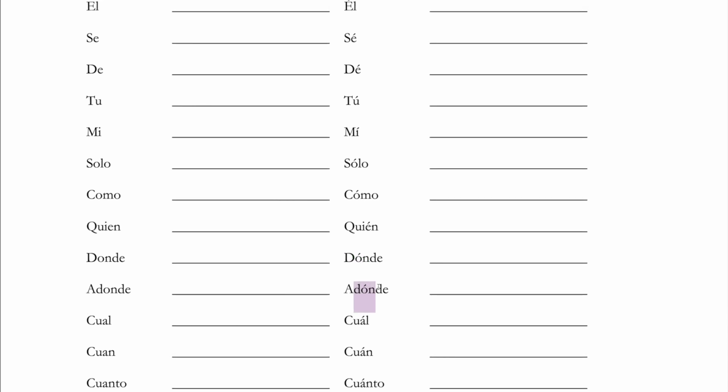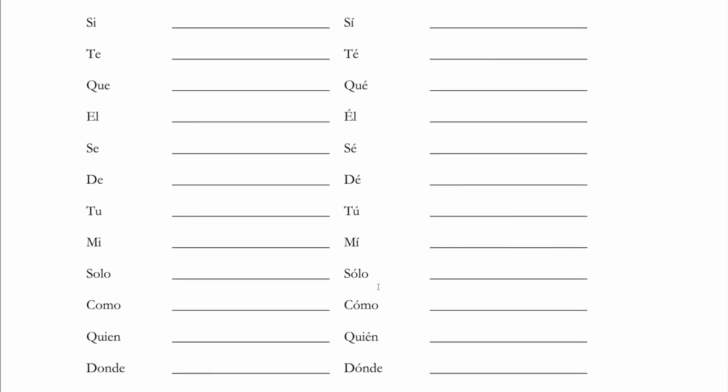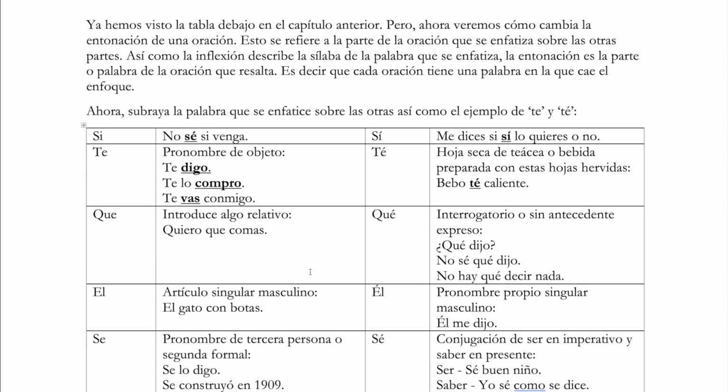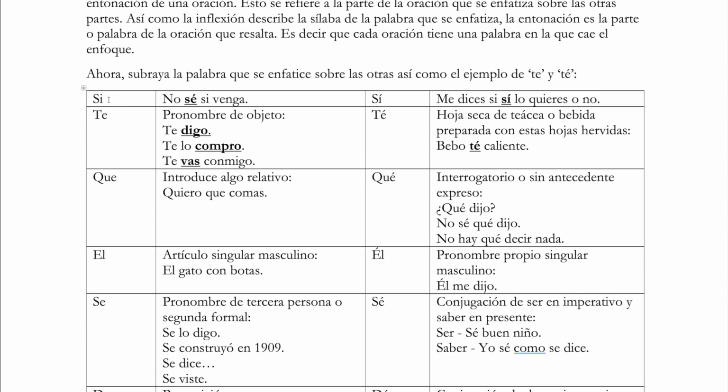Why is it marked? And yes, the simple answer, many people will say, well, they mean different things. For example, this one will mean if, this one will mean yes. And that is true. This will be a preposition, and this will be a verb. That is true, but it's not just that. The reason why is within the sentence, we put a stress mark on these words because we emphasize these words, as opposed to these, we do not emphasize these words. Usually in Spanish, we're going to emphasize the verb, not with these words.